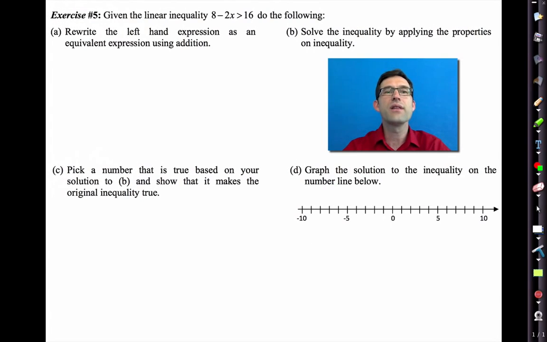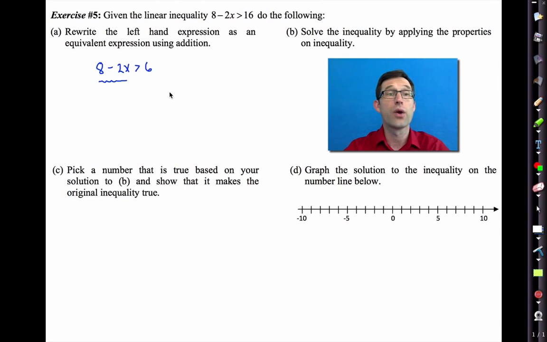Exercise 5. Given the linear inequality 8 minus 2x is greater than 16, do the following. Rewrite the left-hand expression as an equivalent expression using addition. All right. Now, I want you to keep in mind that any time you are operating just on one side